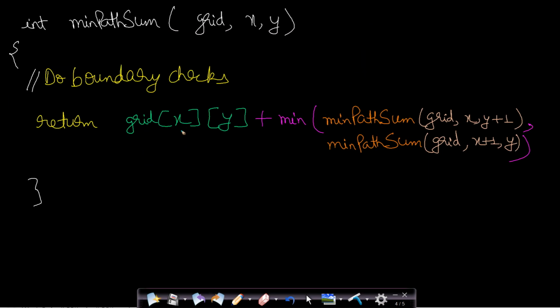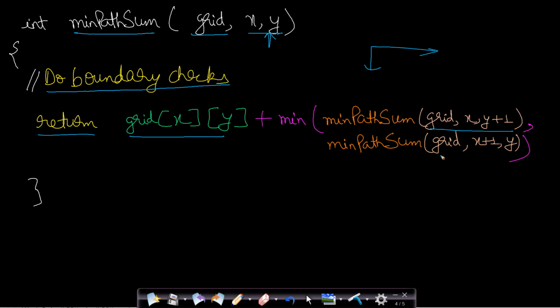If you can see here, I have already written the pseudo code. Here I have taken a function min path sum, and I have passed the grid along with the current location of the cell x comma y. We will be required to do some boundary checks obviously, and the final return value will be the cost at the current cell, added to the cost which we found by taking the path. So one call is made to the right-hand side and the second call is made down. We will take the minimum of both these down and right calls, then add the current cell value and return it as the cost of the path from this cell to the last cell 2 comma 2, as in our example you can see.